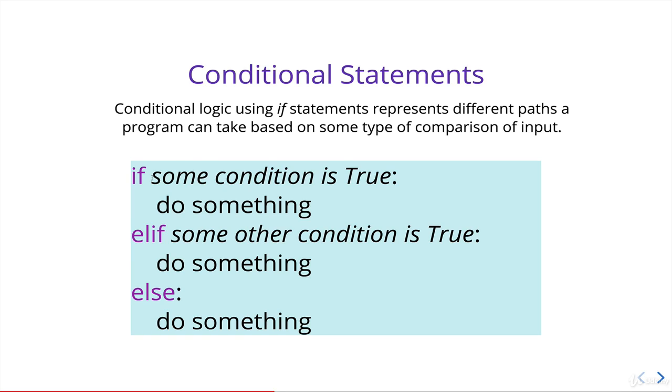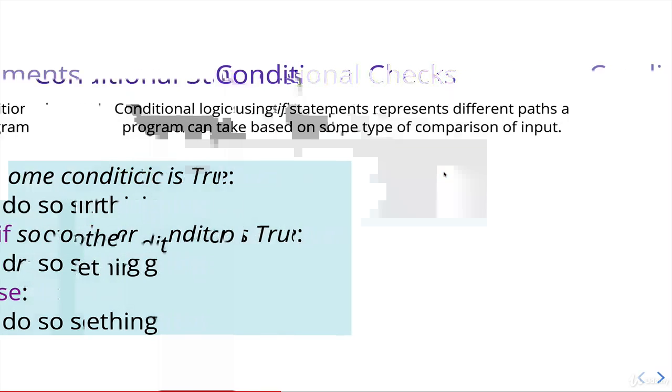So what actually goes in this some condition is true part of the pseudocode? It can vary a lot, and we're going to spend a couple videos talking about it. We're going to see a really simple example next, right after this slide, in this video, where we basically compare a single string to check if it equals another string. So we'll be able to see if color equals purple, if city equals Tokyo, that sort of thing. But then there's a lot of other comparisons we'll get into as we progress through the next couple of videos. But again, this first simple example looks something like this.